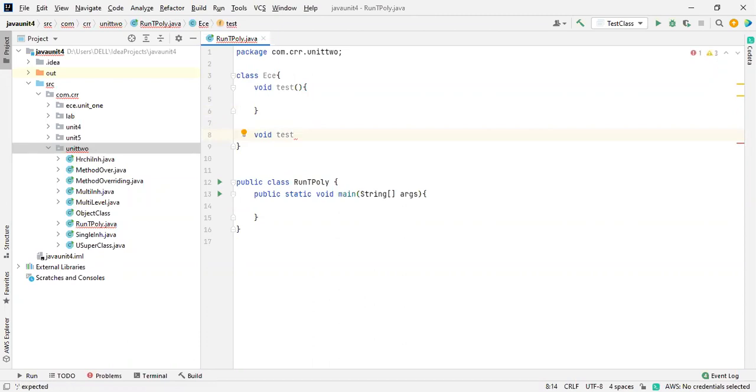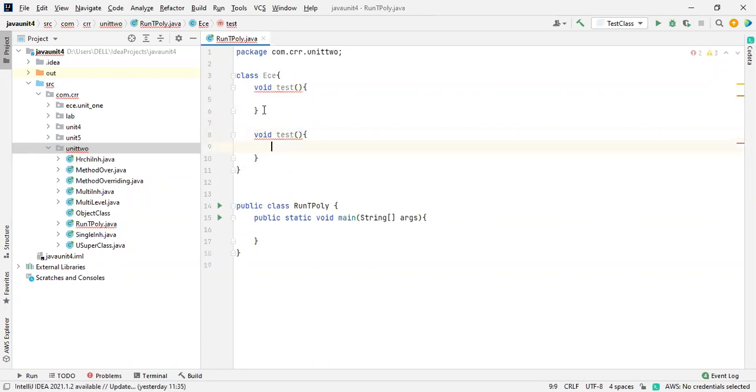Here I'm going to take one more method with the same name. If I create it like this, what will happen? It's already defined over here, so why did you take this one? If you want to overload it, then you have to give an argument over here. We have discussed this topic many times, so please be conscious and concentrate on the topic I'm discussing.